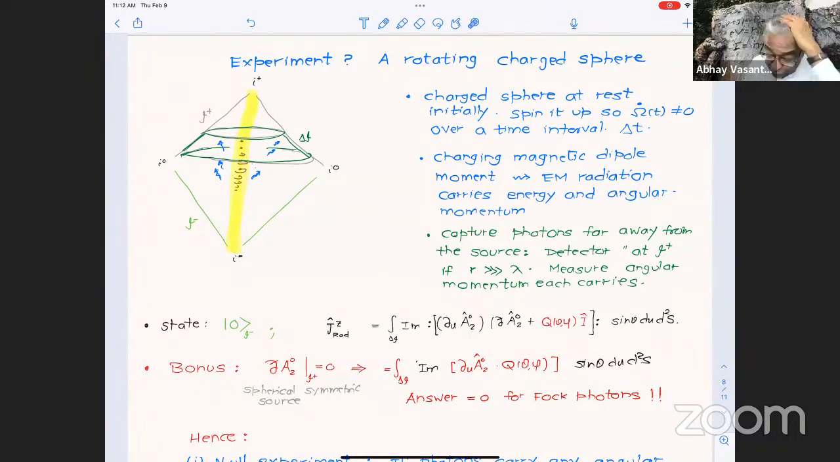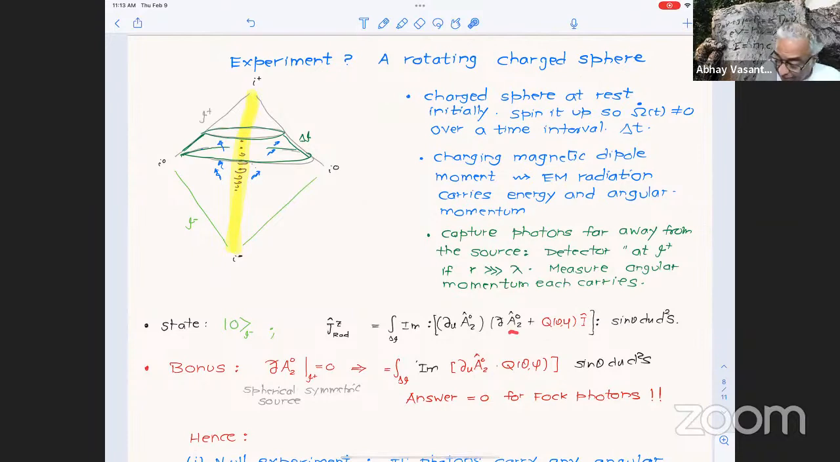So I'm sorry, the charge is spherically symmetric. It is true that it is rotating, and therefore the current is really only axis symmetric. It's not rotationally symmetric, but this is because the sphere itself is spherically symmetric. It's something that you have to work out, and I can show you the explicit expression for